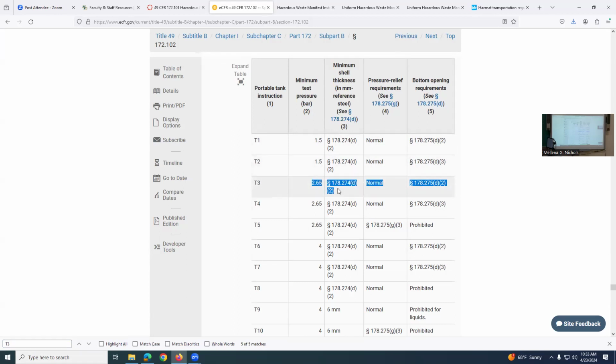You'd have to go to this standard to see what the thickness is, and you should be able to just click the little button right there to take you to that, and you're looking for paragraph D2 when you go there, okay? Pressure relief requirements are normal, and then you would have to look at this standard, which again, you should click here, and then D3 would be the paragraph you're looking for as far as any kind of requirements for bottom openings, okay? And then the last one for this one,